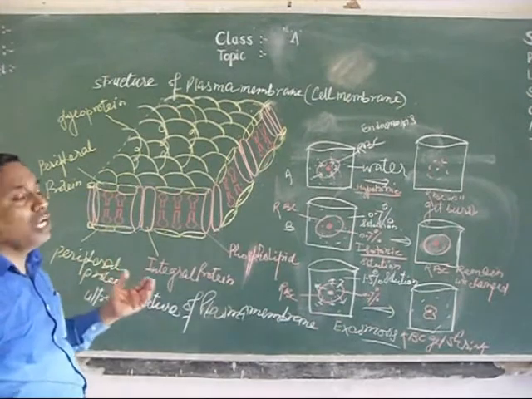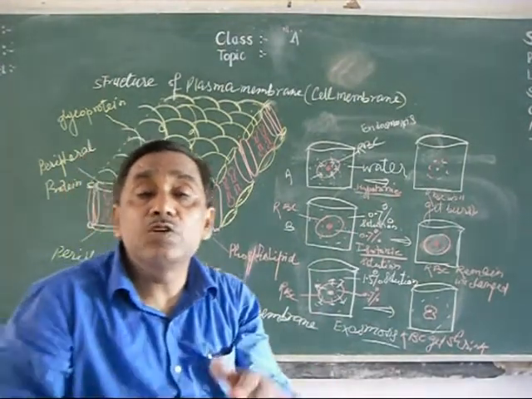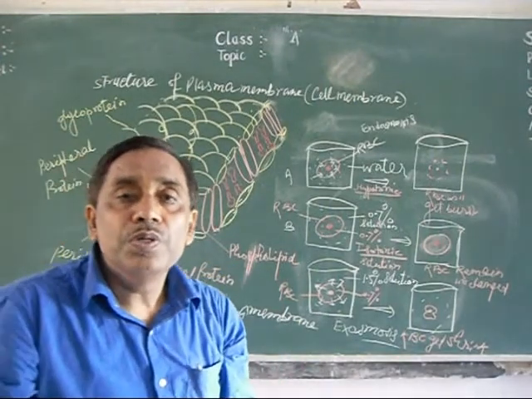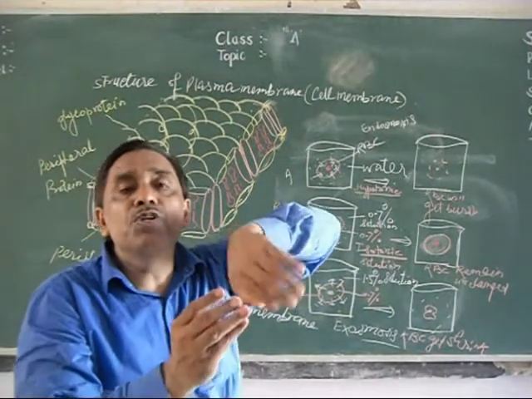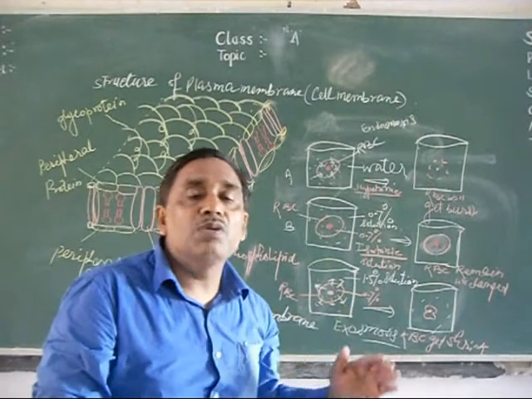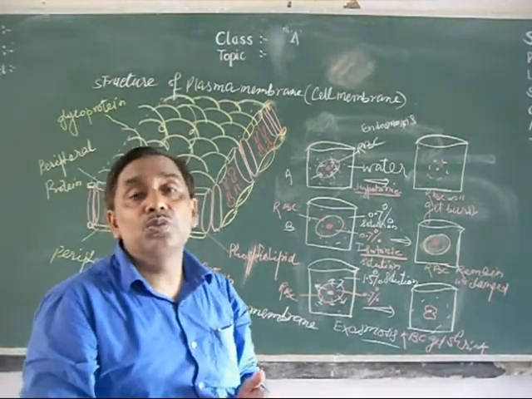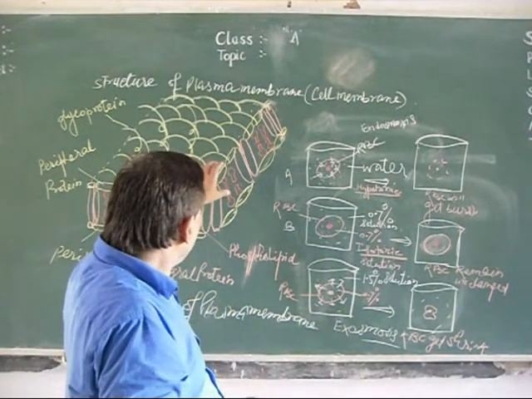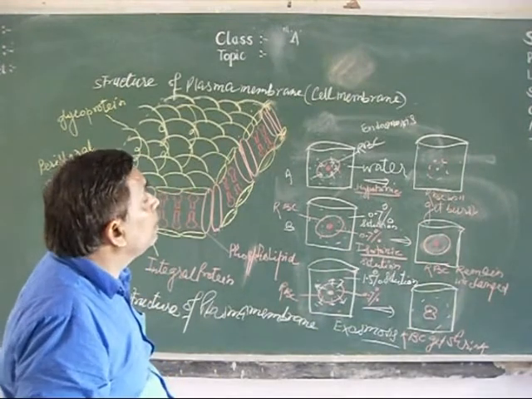This plasma membrane surrounds the protoplasm in a prokaryotic cell and the cytoplasm in a eukaryotic cell. It also surrounds the nucleoplasm, and then it is called the nuclear membrane. It also surrounds the mitochondria, chloroplast, and other membrane-bound cell organelles. So all these are membranous structures having a chemical composition of protein and phospholipid.